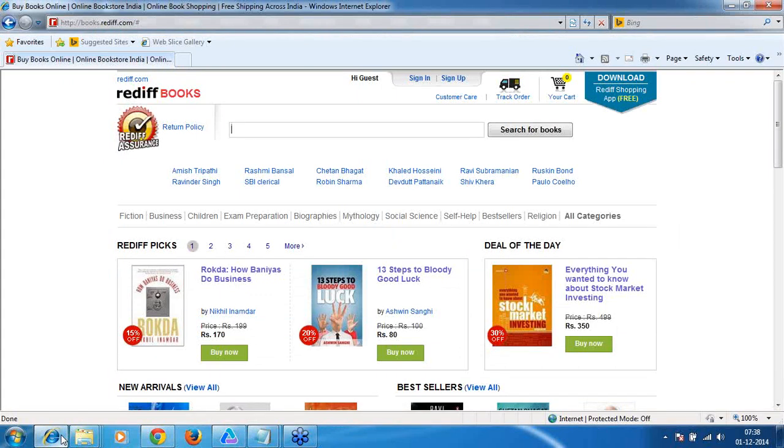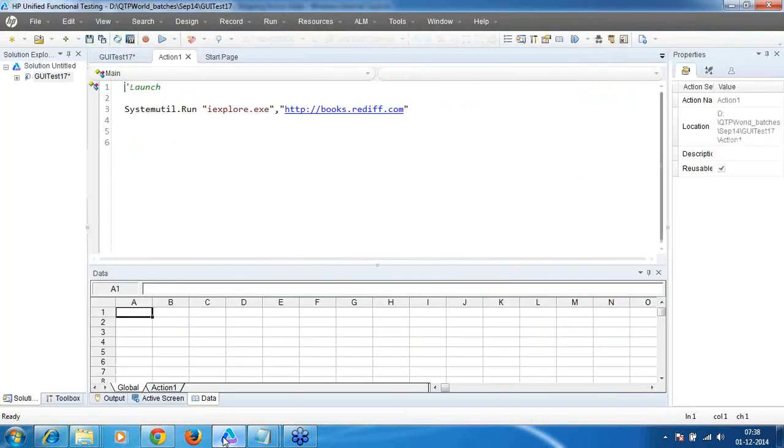The first and foremost important rule is you have to open the QTP application first and then the application which you are going to test. Whenever you are going to automate, always launch it through QTP. That is the best way of automating things.